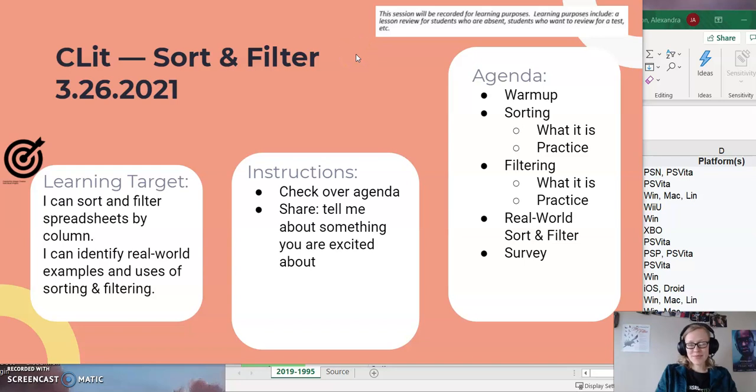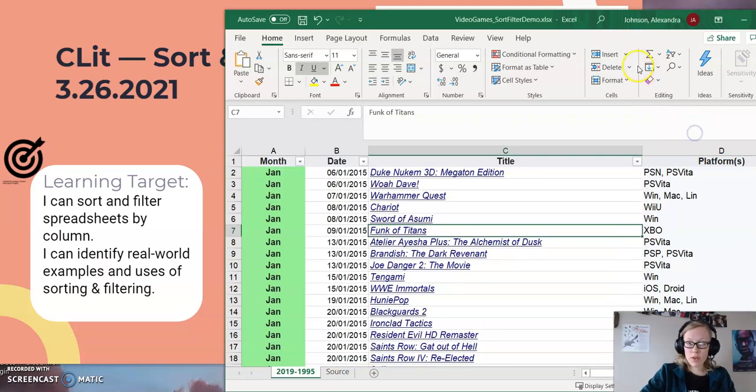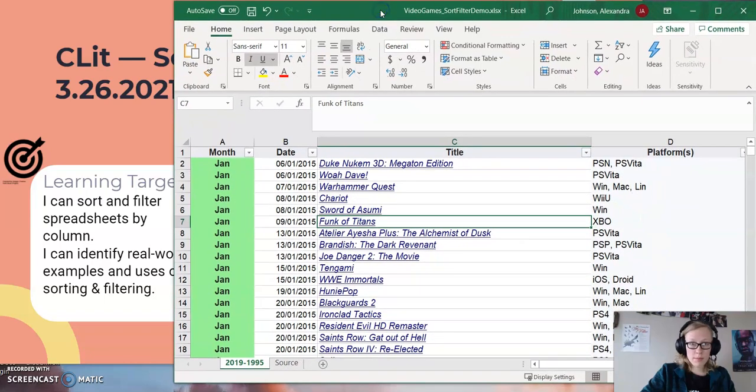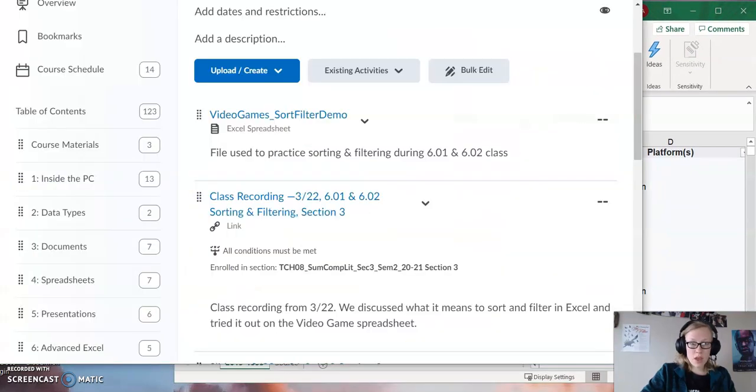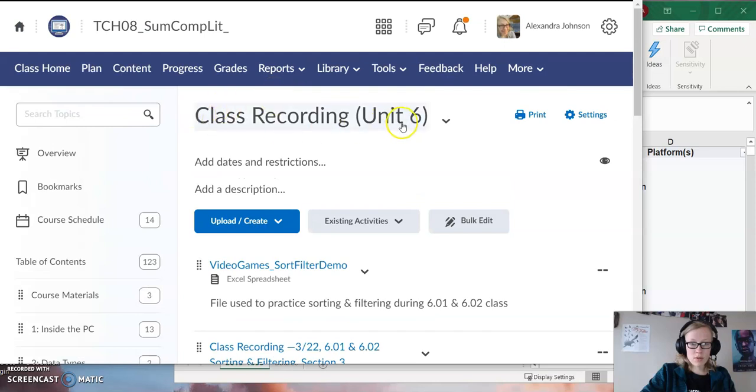Folks, it's Miss Johnson. This is the 15-minute version, hopefully less, of the sorting and filtering class that you all don't get to see. So I'm going to show you a little bit about sorting and filtering using this video game spreadsheet. If you want to do it along with me, go ahead and pause the video right now. Go over to the class recordings in Unit 6, and you'll see this first link, video games sort and filter